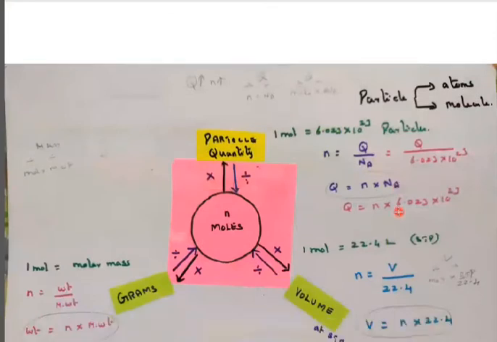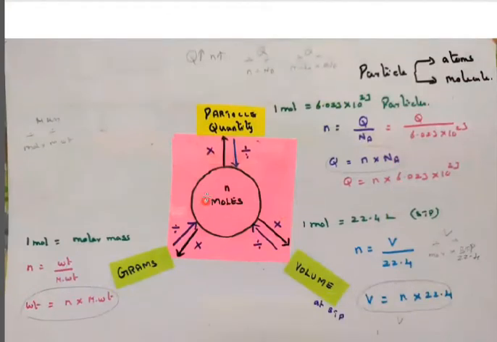Now let us see the short form diagram. The number of moles relates to particles or quantity, weight in grams, and volume. If the quantity increases, that is the number of atoms increases, the number of moles also increases. So that is a triangle formula. It's a simple formula: Q is quantity, divided by the number of moles times Na. If they ask the quantity, you should multiply the number of moles by Avogadro number. If they ask the number of moles, Q divided by Avogadro number. If they ask for the Avogadro number, it is quantity divided by number of moles.